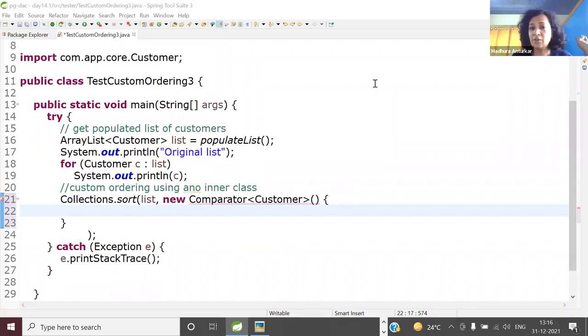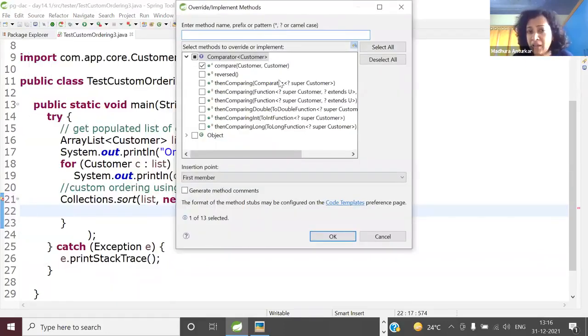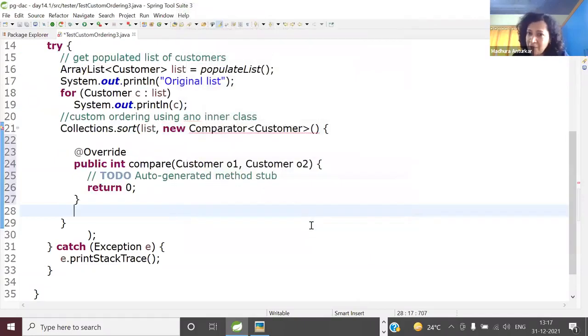Same question I keep asking so that everyone understands. Again, don't type it out. Go to Source and simply say Override/Implement Methods. It will give you compare(Customer, Customer). Got it? So 90% of the code is generated by the IDE. Only the comparison part is what you have to supply.